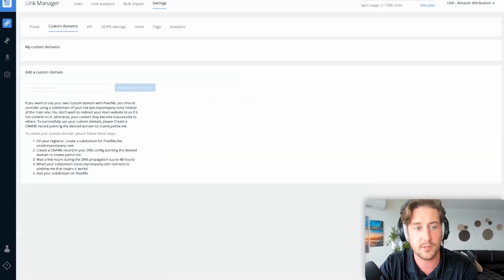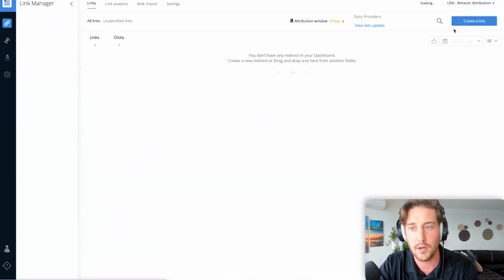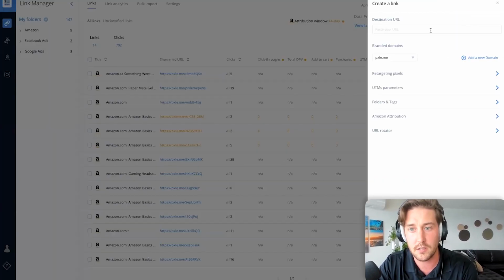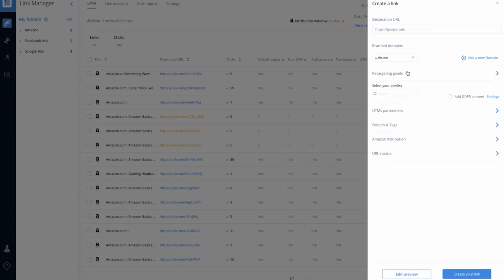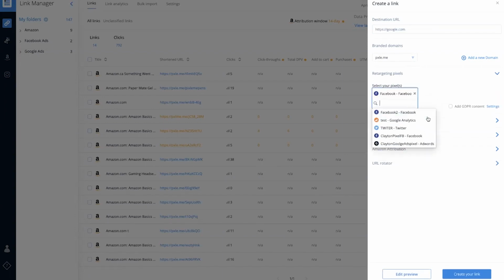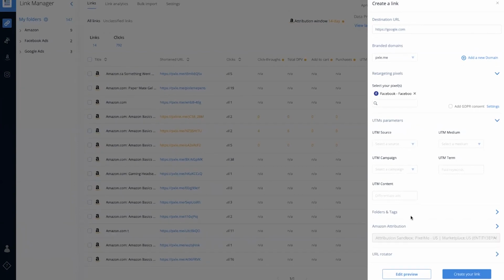I don't want to go through this whole process, but this will show you how to correctly redirect a domain. But to answer your question concisely, yes, you put in where you want the actual destination URL to go. You can add your pixels here as well. You can add UTM parameters. You can also add Amazon attribution, but this is all automatically done if you do it from within the ads provider